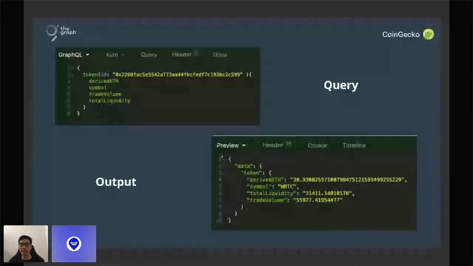And here is an example of how it looks, right? You query the GraphQL, and at the end of it, you get processed data that is really nice to work with. You get the symbols, the liquidity, the volume. You can generally use this directly, plug it into your application, and serve it straight to the user. So this is great because it looks very much like the API that we worked on in the spot market and derivative market. Developers on our side can just come in, integrate, and move on to the next DEX, and so on and so forth. There are a couple of downsides to this approach, which I will explain later, along with the pros and cons between the options out there.